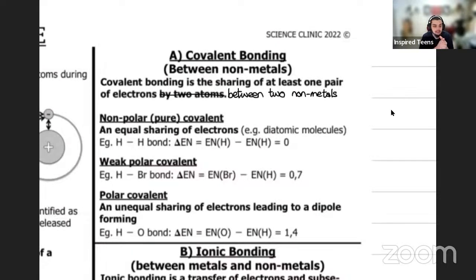Then we discuss non-polar covalent. In non-polar covalent bonding, there is an equal sharing of electrons. When we do intermolecular forces, we'll discuss this in more detail, understand what non-polar is, and look at diagrams showing an equal sharing of electrons. An obvious example of this is